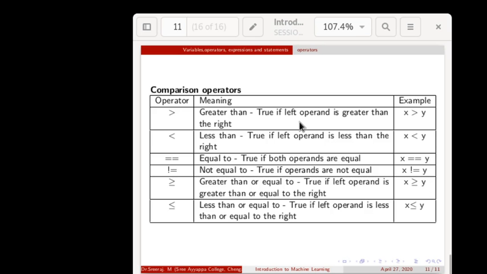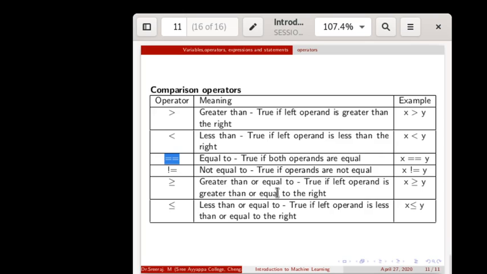The comparison operators are used to compare values. They return either true or false according to the conditions. You can see here the operator greater than: it's true if the left operand is greater than the right. In the case of less than, true if the left operand is less than the right one. Equal to, the double equal sign is used for this purpose, and it's true if both operands are equal.